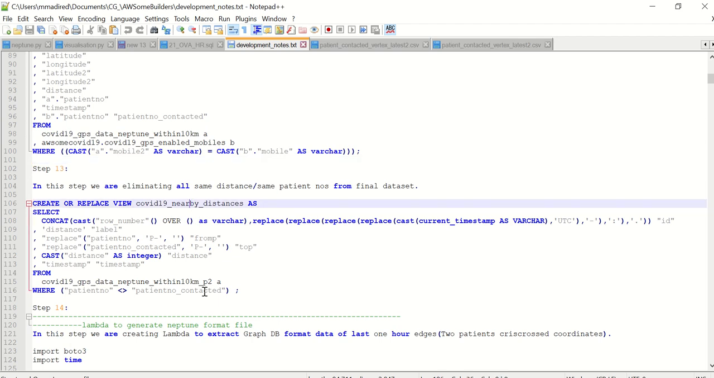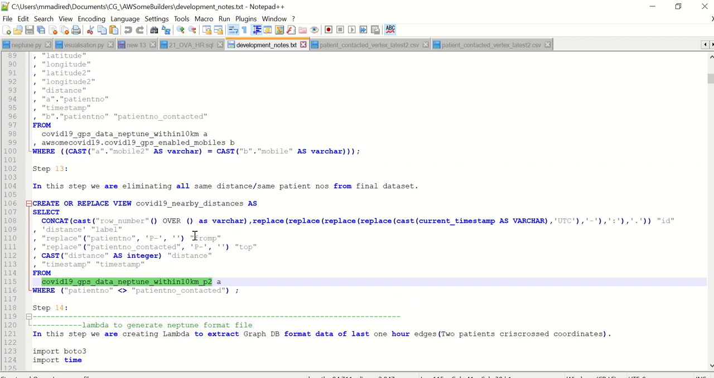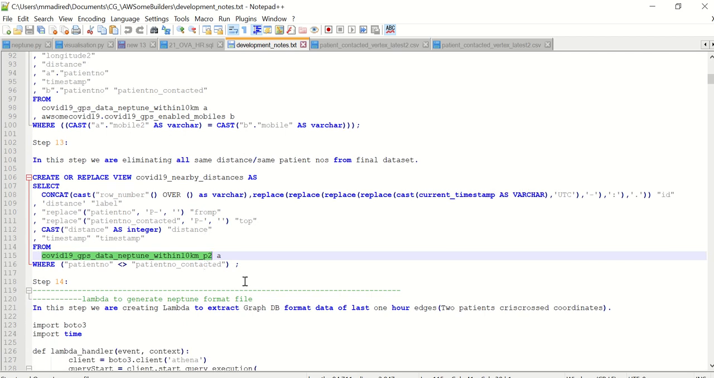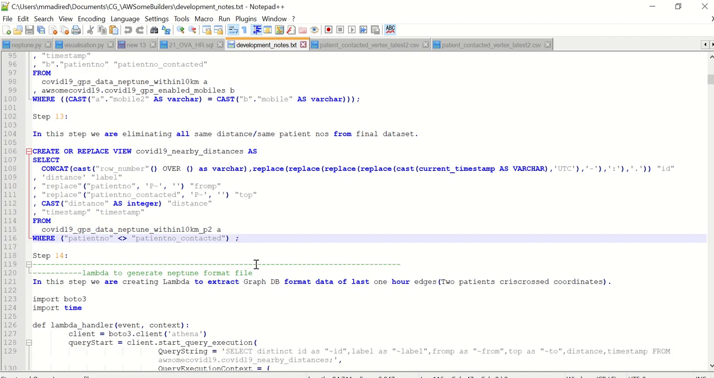Now this is another view created on top of this view to generate the data in the format of data ingestion into Neptune, AWS Neptune. So this is how the data is getting transformed. After that,